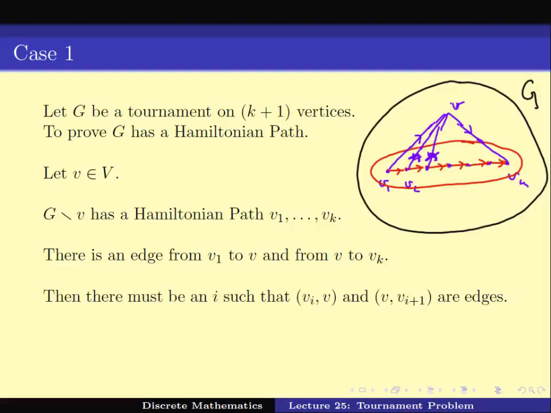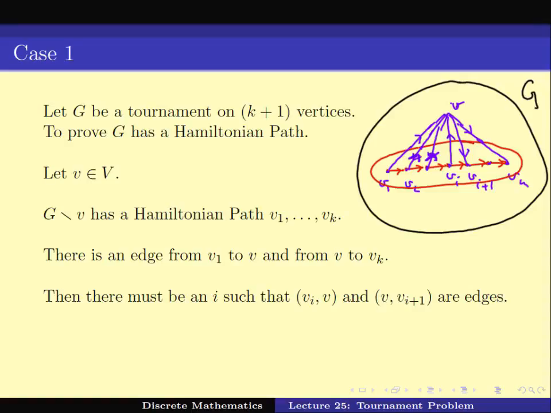So there must be an i where from Vi I have an edge going up, and from V to Vi plus 1 I have an edge going down. This is Vi, and this is Vi plus 1: Vi to V and V to Vi plus 1.